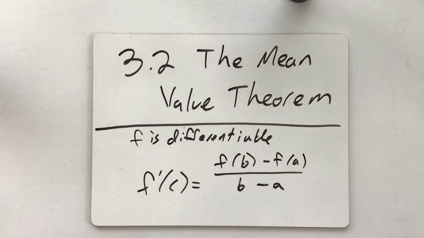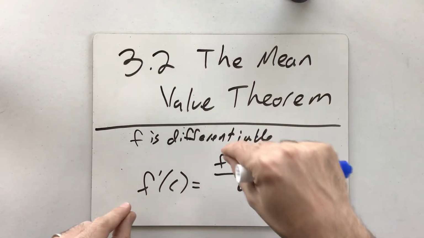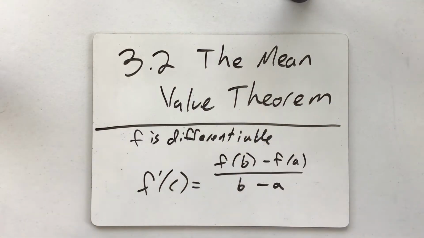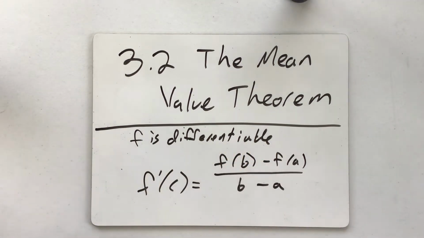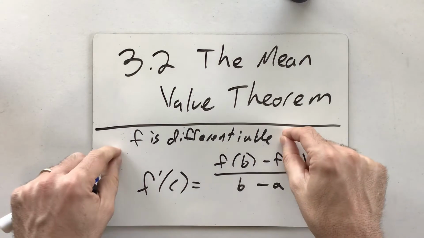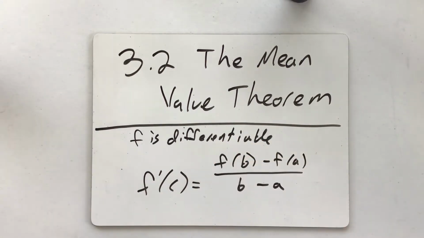Section 3.2 is kind of the cousin to something we did earlier this semester, the intermediate value theorem. And now we're on the mean value theorem, which is in some ways an equivalent when we talk about derivatives. If you remember the intermediate value theorem, we took a point and said there exists a solution. This is another one, but in this case, we have the function being differentiable. You can make it where it's only continuous at the two endpoints, but differentiable is the really important part of